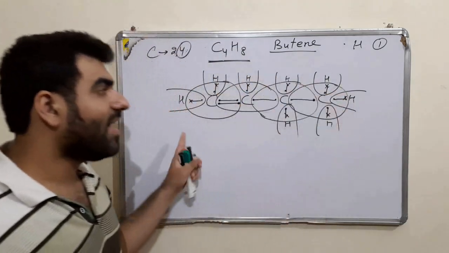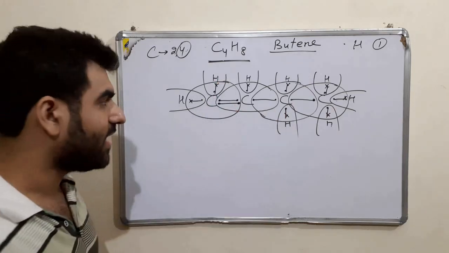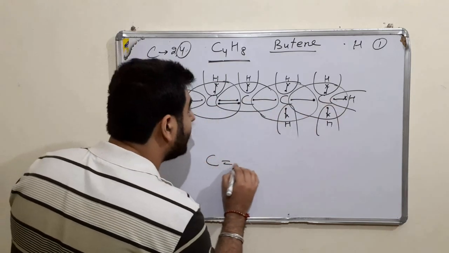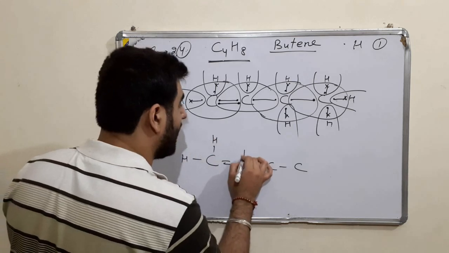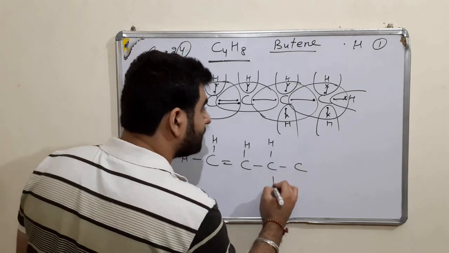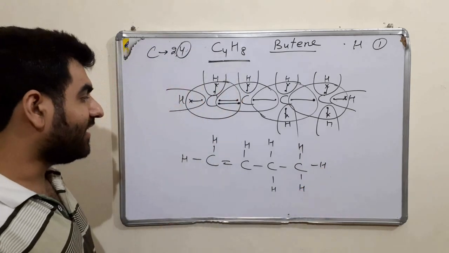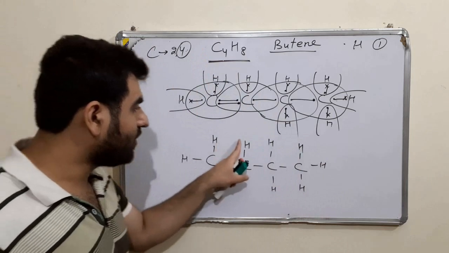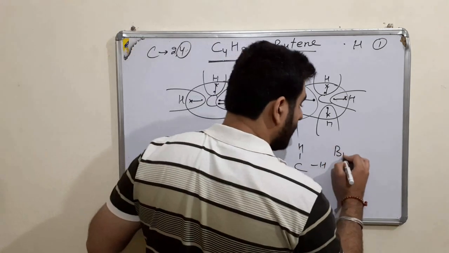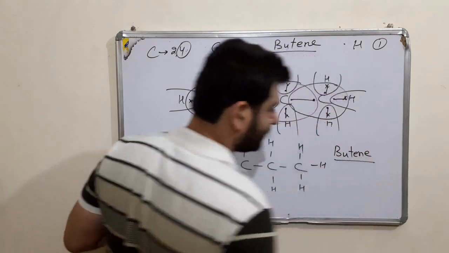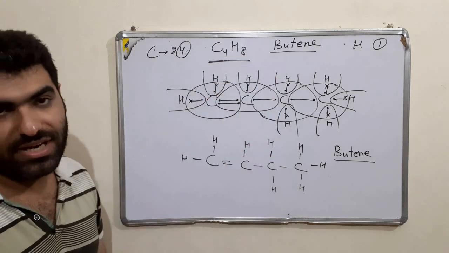Alright. So this seems to be a very complex structure, but there is sharing between carbon and carbon as well as carbon and hydrogen. So after completing this, what is the final structure that we will be having? We will be having this structure. And there are 4 carbons, C4, and 1, 2, 3, 4, 5, 6, 7, 8 hydrogens. This structure is known as butene. This is how we can make the bonds for C4H8.